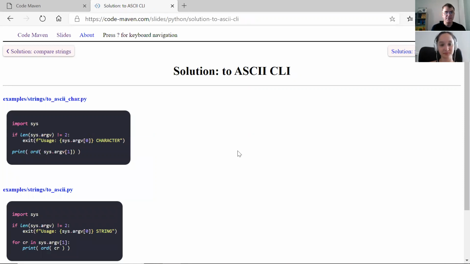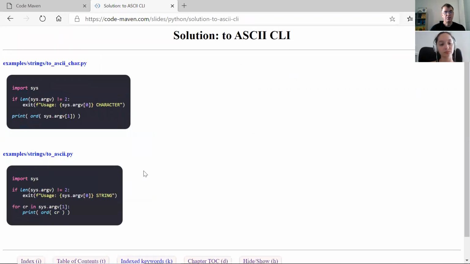So there was this ASCII thing. We check again the length, how many parameters we get, and if it's not exactly 2, then we complain. Otherwise we take the first element, code order it and print out the result. And the other direction, the usage message is just slightly different. So it says string, and then the call is instead of